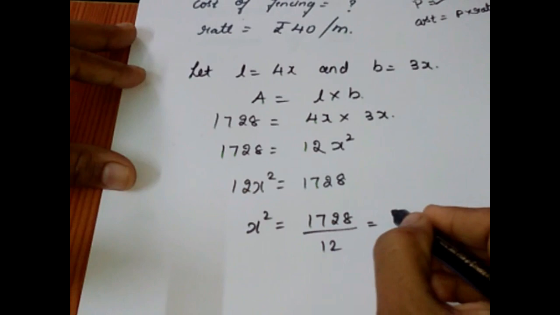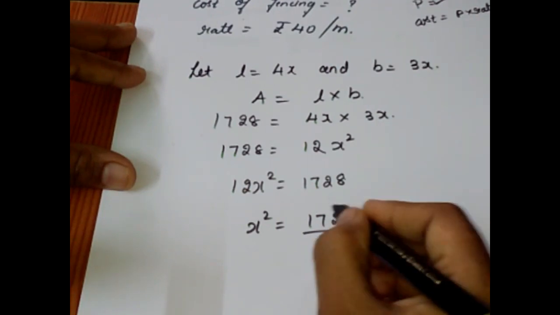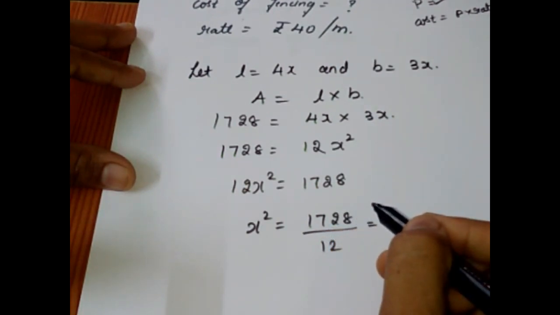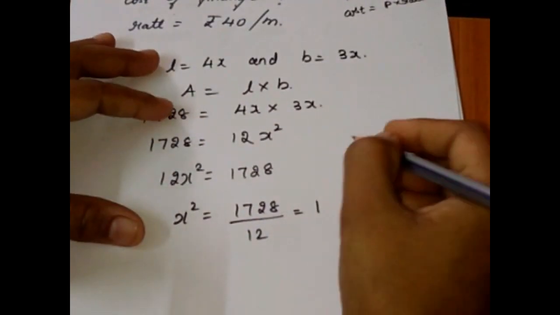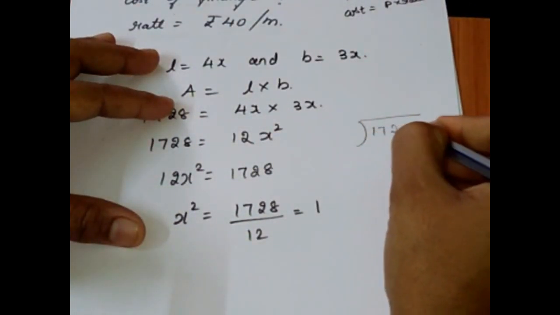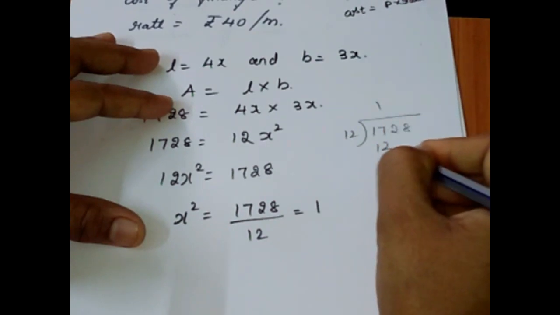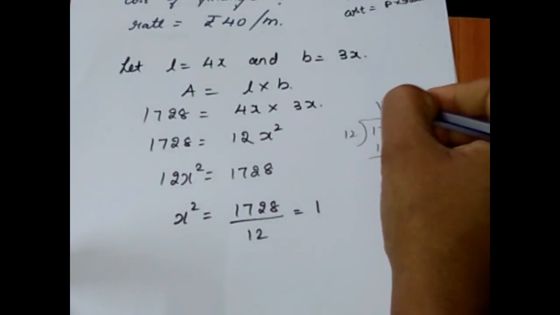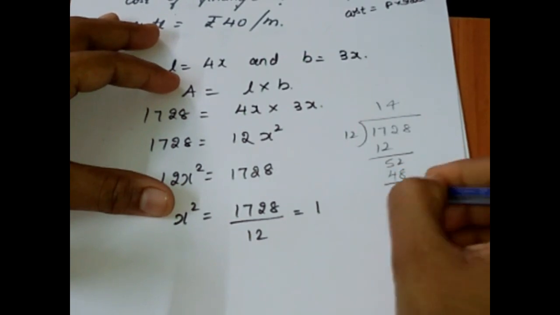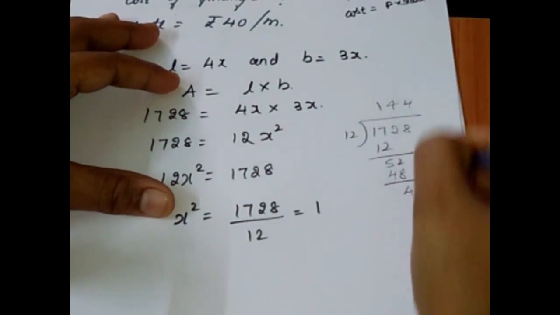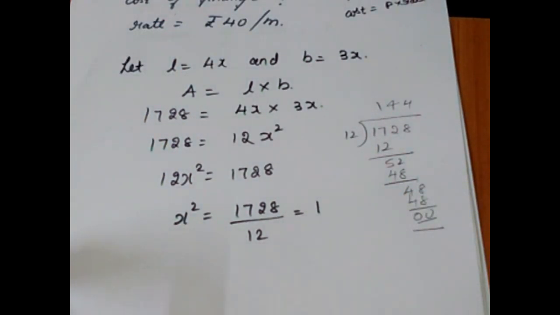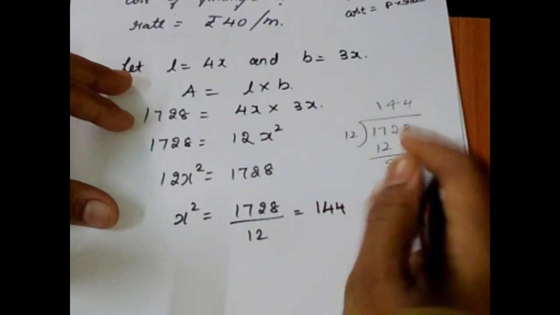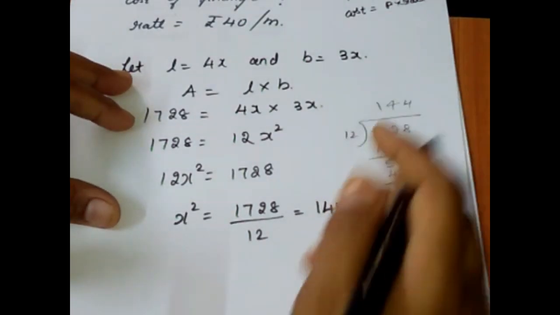Now what will be the measure? It is 12 ones are 12, 52. Try to calculate, children. If you are not able to do the direct division, you can use your margin column, okay? Don't copy the solution, try to do it. If you are not able to do it mentally, you can do it in your margin. 12 ones are 12, 52, 12 fours are 48, again 4 remainder 8, 12 fours are 48. So x square is equal to 144. I have shown the calculation so that you will feel easy to do it.